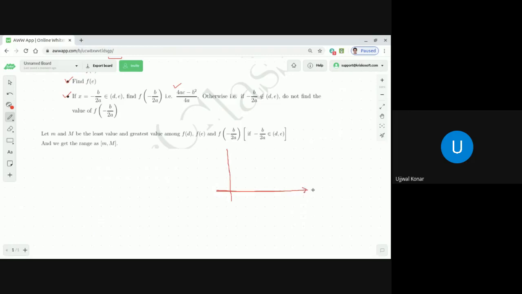And you know, whenever I draw using the digital board, that straight line doesn't become a perfect straight line. So what happened is that we have two values. One is E. So this is the point E, and this is the point F. So now we can have the curve. Let me draw the curve in a different color. We can have the curve something like this.